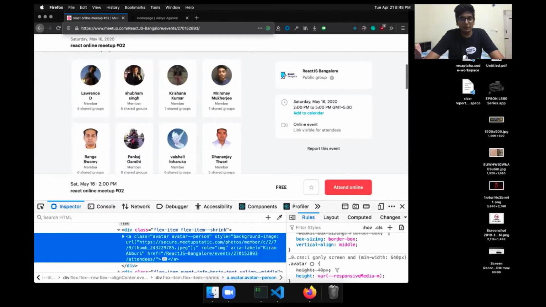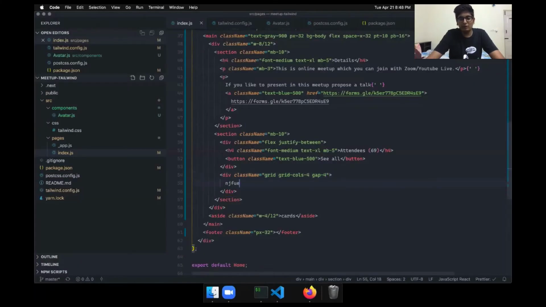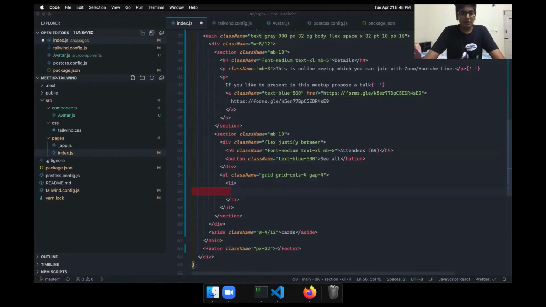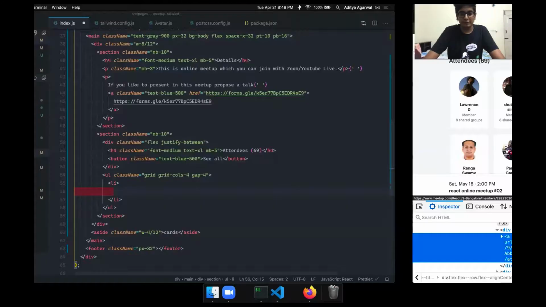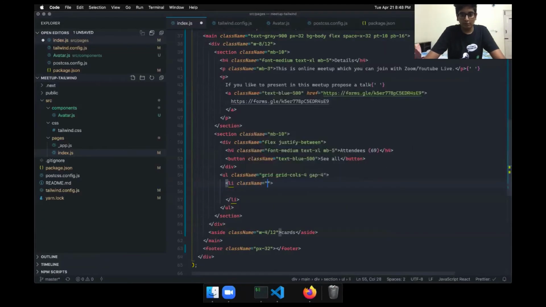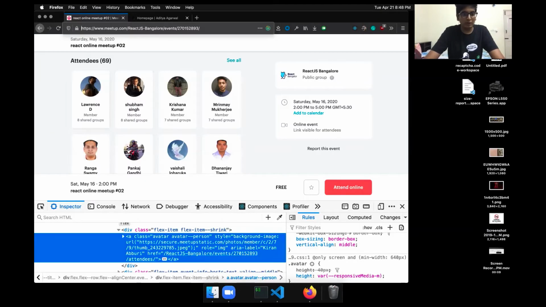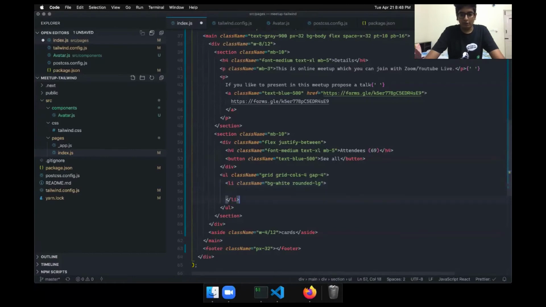So let's not take it to the CSS thing. Whatever you pass, we will render. So that we have here. And in terms of rendering, instead of a div, we use a UL, and there's a li tag which has some content. So the li will have bg white, and it has rounded corners, because there's some border radius to it. And now it will have some things.